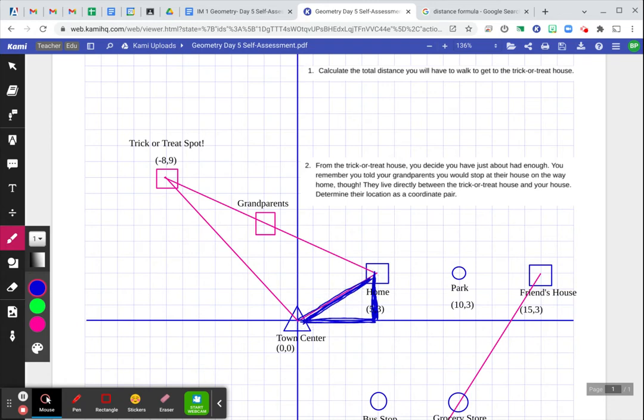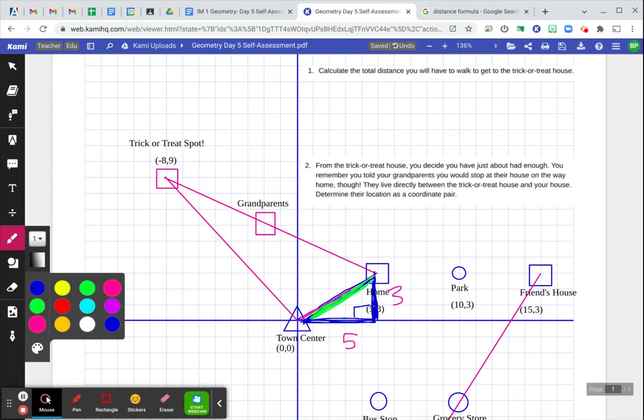And what I'm going to do is use what's called the Pythagorean theorem, all right? So really what we are concerned with is this distance right here. Let me do it in green so you can see it a little bit better. We're concerned with this distance, but what we can use is the Pythagorean theorem, okay? And what the Pythagorean theorem says is we can take this horizontal change of 3, that's a vertical change of 3 up and down, and then we can take this horizontal change of 5,